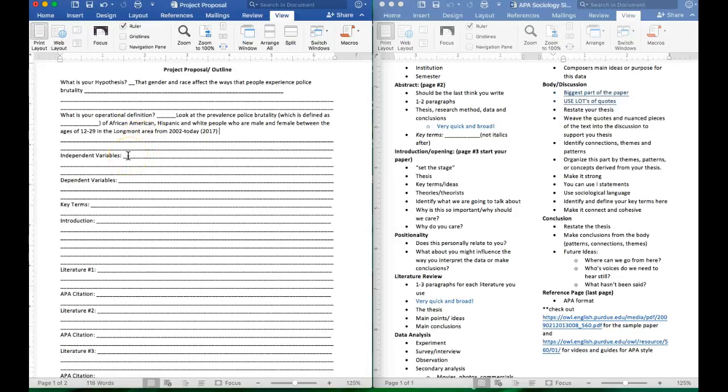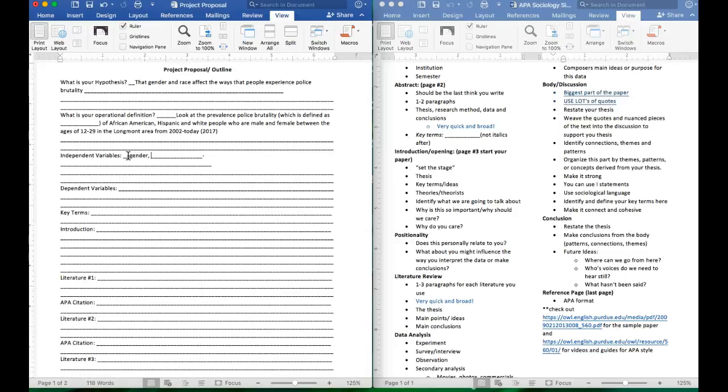Independent variables are the variables that you control, so that you manipulate. The dependent variables are dependent upon those variables that are independent. So if I look at my operational definition, I can see the things that I am already choosing to manipulate. I am going to look at gender and race. I have manipulated those, as gender is male, female, just for this perspective, as gender is not just male, female. The races of African American,